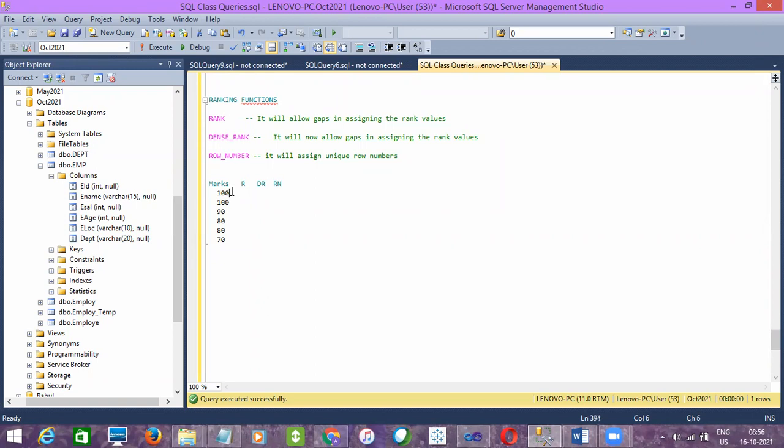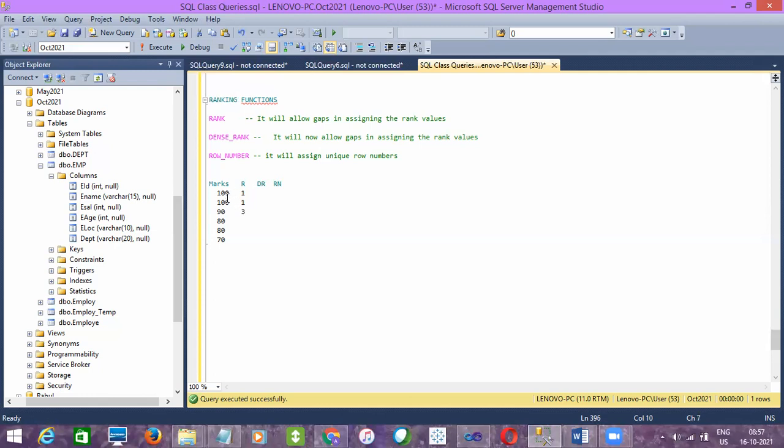If you want to assign rank, what would be the rank for the 100 marks person? Obviously it will be 1, first rank. And for the next 100, it is the same. For 90, if you use the ranking system in our Indian system, it will be 3, and 2 will be skipped, if you observe clearly. Why?